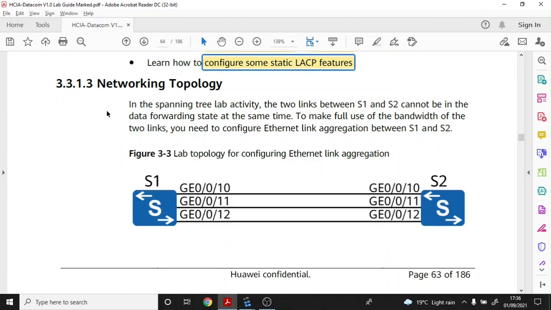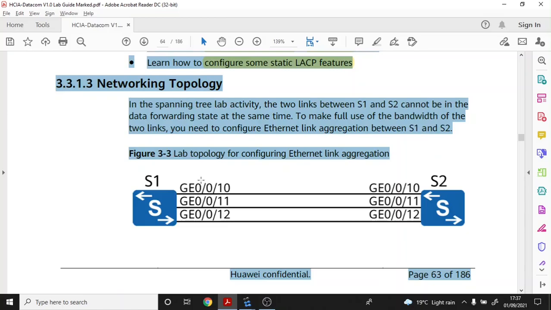Okay, so this is the scenario. In this lab activity, we have two links between S1 and S2. Oh, I'm sorry. Let me just read that again. In the spanning tree lab activity, the two links between S1 and S2 cannot be in the data forwarding state at the same time. So what we mean here is